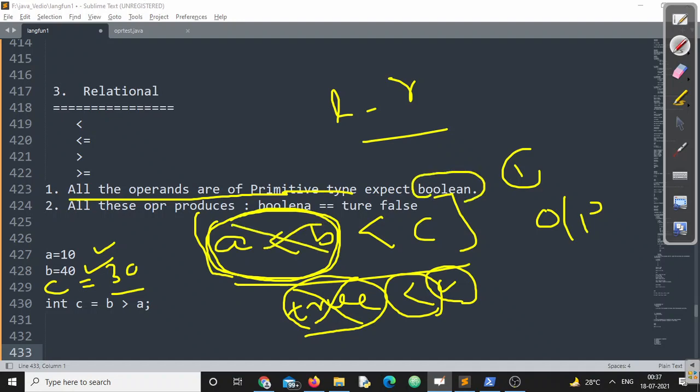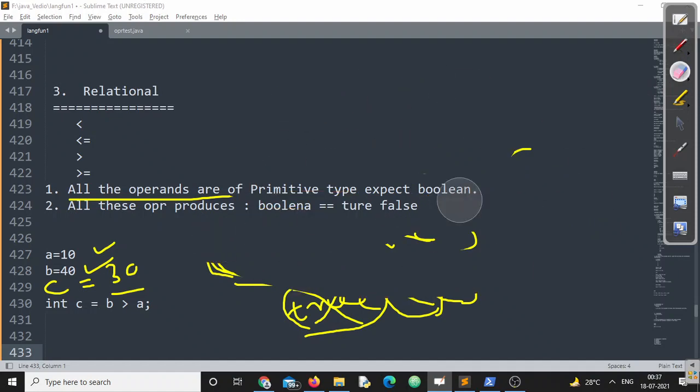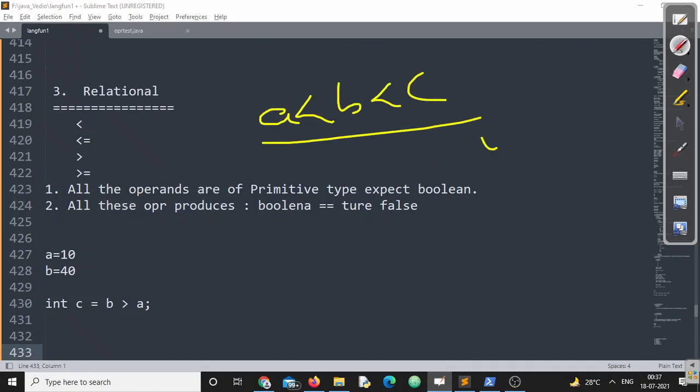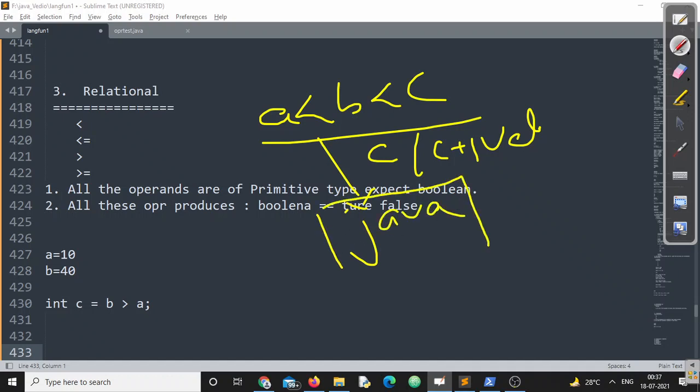So this kind of notation is not possible in Java. But in older languages like C and C++, the statement a less than b less than c is completely valid, but that is only in C and C++. If you apply this knowledge in Java, make sure you understand it is completely invalid.